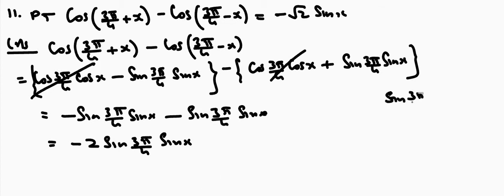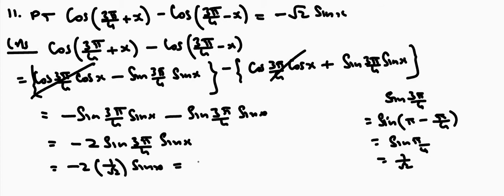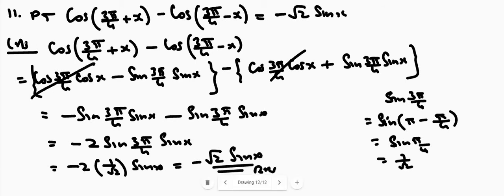Sin 3 pi by 4 equals, you know that, sin of pi minus pi by 4, which is equal to sin pi by 4, since sin of 180 minus theta is sin theta. So we get 1 by root 2. Then you substitute minus 2 times 1 by root 2 into sin x. We get minus root 2 sin x. It's the RHS. Okay, the next question is 12. Prove that